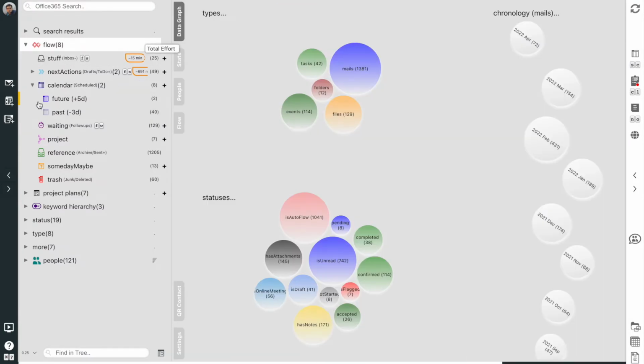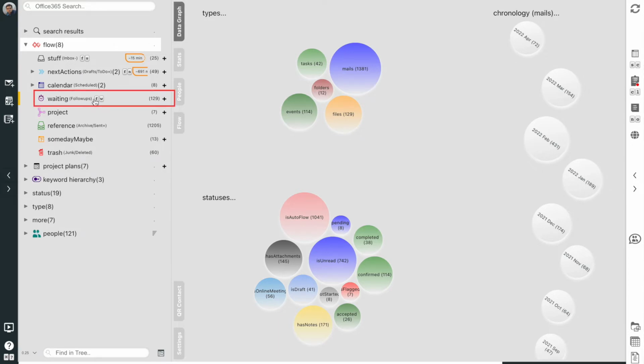Now, let's look at another highly useful flow state called the waiting state. A big part of a manager's job is delegating tasks to reportees or requesting information from other people in the organization. This generally reflects in the sent mail folder, but not all sent mail pertains to delegation or request for information. This makes it difficult to keep track of emails where I am waiting for information, especially since I would have to go to the sent folder to flag or label any special sent mails that I want to track.